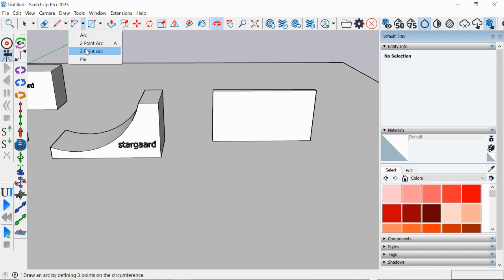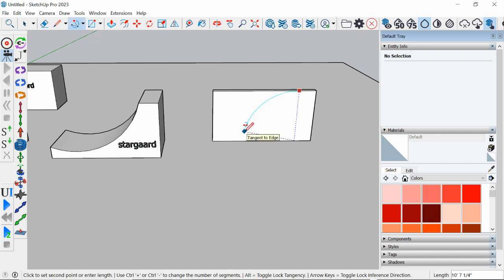I have never used a 3-point arc. I don't even know what it is. So let's see if we can do it. It may or may not. Ah, that won't work. Escape. Let's use the 2-point arc. 2-point arc. Okay, so I go in, click here,